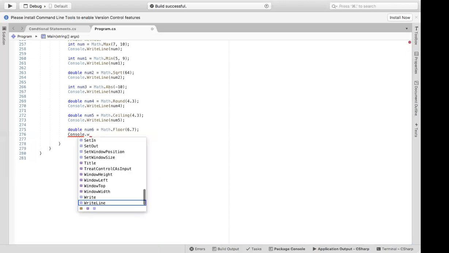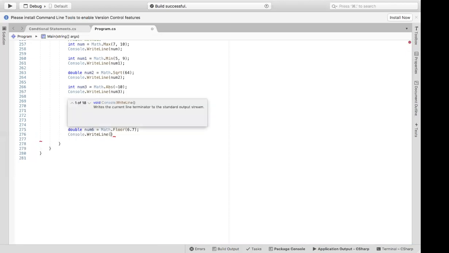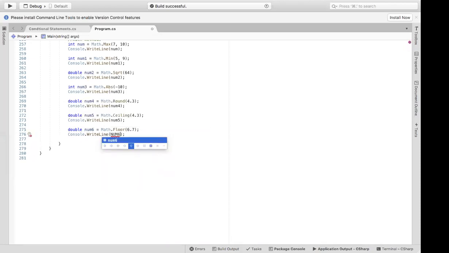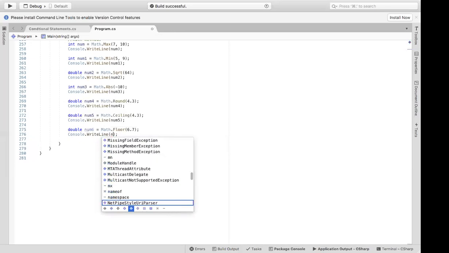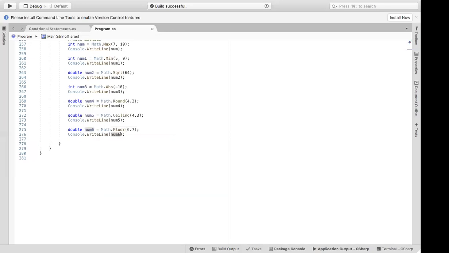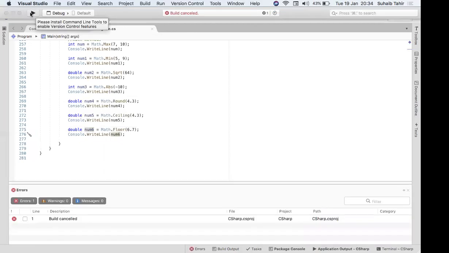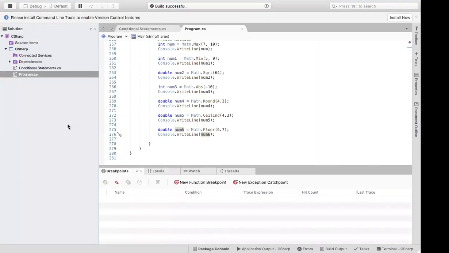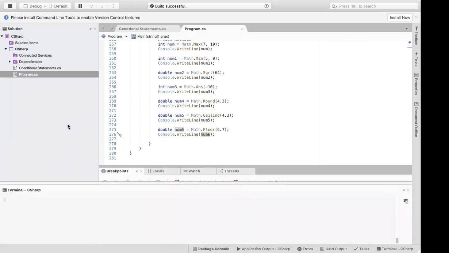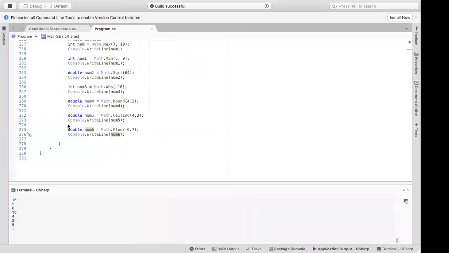But we are applying the method floor, so we are flooring the value. You can see in the output, the return value.